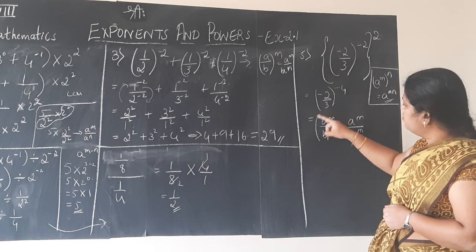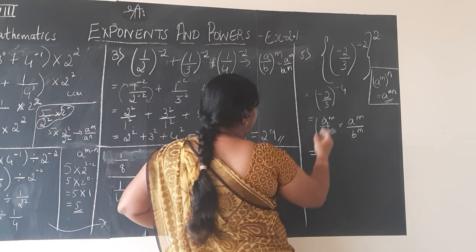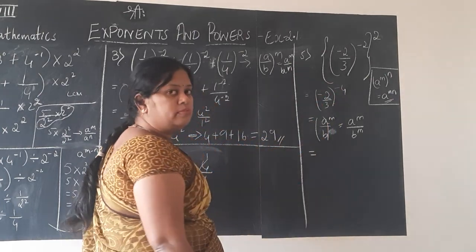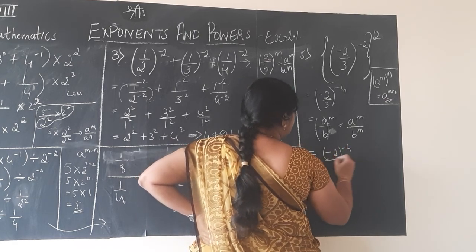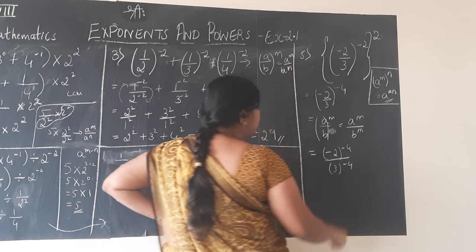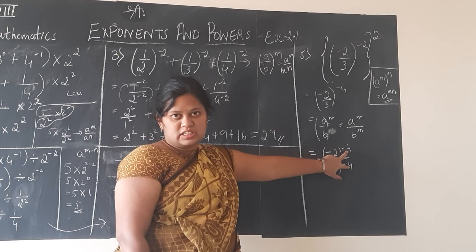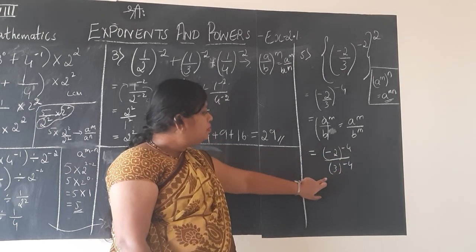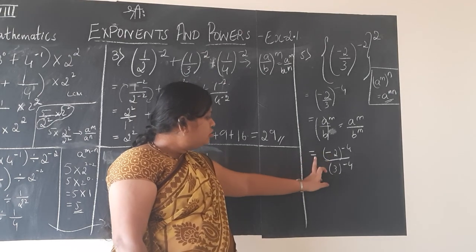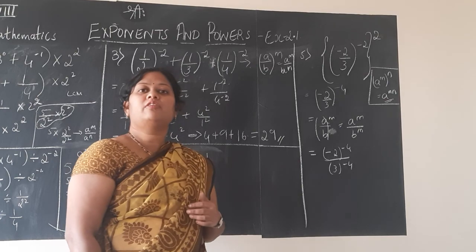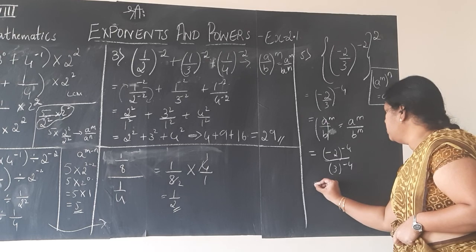Since the given question is in the form of the LHS, we have to write its simplified form in the form of the RHS. You apply this power minus 4 to both numerator and denominator separately. So, minus 2 to the power minus 4 divided by 3 to the power minus 4 we get. In order to make both the exponents positive, send 3 to the power minus 4 to the numerator so that it will become 3 to the power 4. Send minus 2 to the power minus 4 to the denominator so that it will become minus 2 to the power plus 4. So, the next step will be